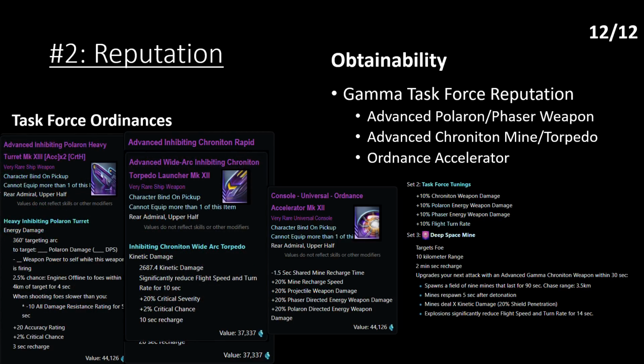The bigger thing is that this set gave us a wide arc torpedo launcher. I'll get to later in the video where I'll list a couple more wide arc torpedoes inside the game. This one's the easiest torpedo to access. There is a missile launcher which is a little bit easier, you just play through a mission, but